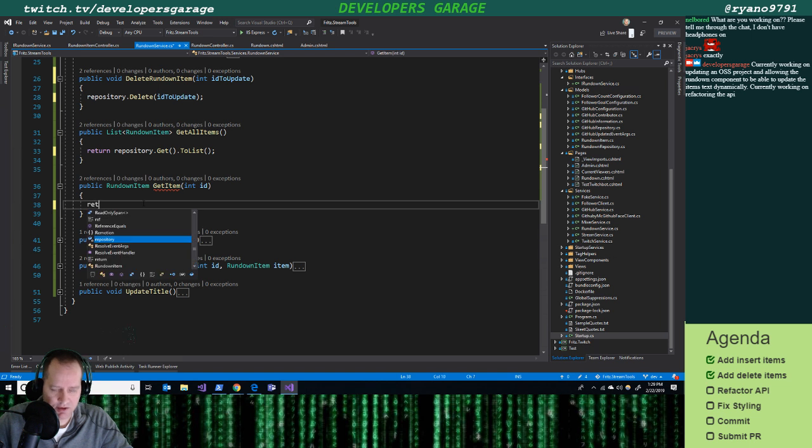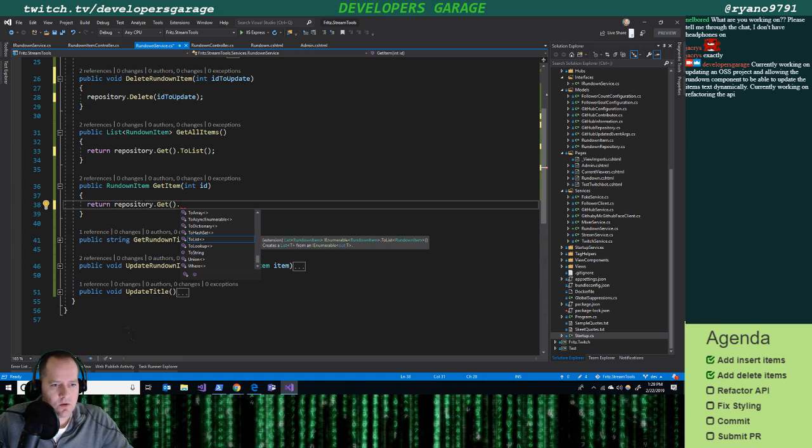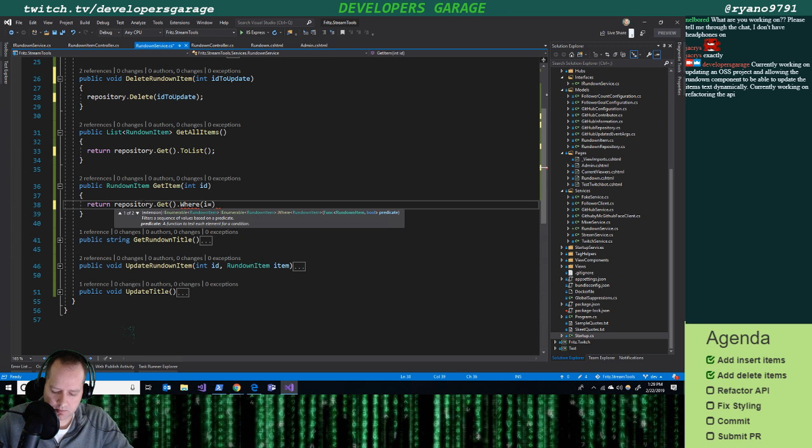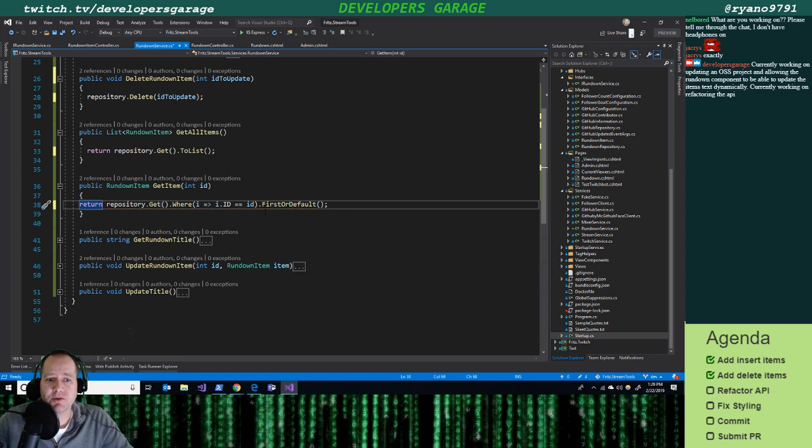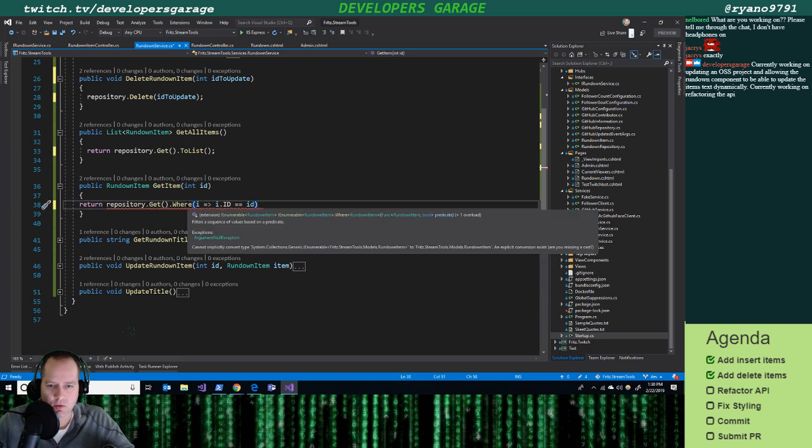Get item. So basically here we're going to return repository.get dot where, I dot ID equals ID, dot first or default. So if you don't put the first or default on there, a little LINQ understanding for you. If you don't put the first or default on there, I believe it returns a list, or returns a queryable. Let's look at that. So the where is going to return basically a